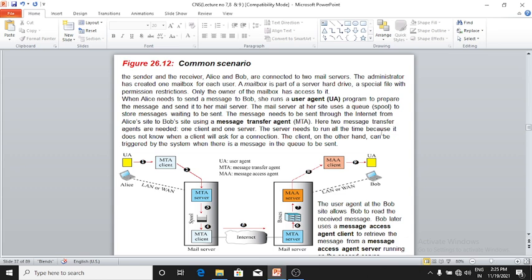The mail server at her site uses a queue, or spool, to store messages waiting to be sent. The message needs to be sent through the internet from Alice's site to Bob's site using a message transfer agent.